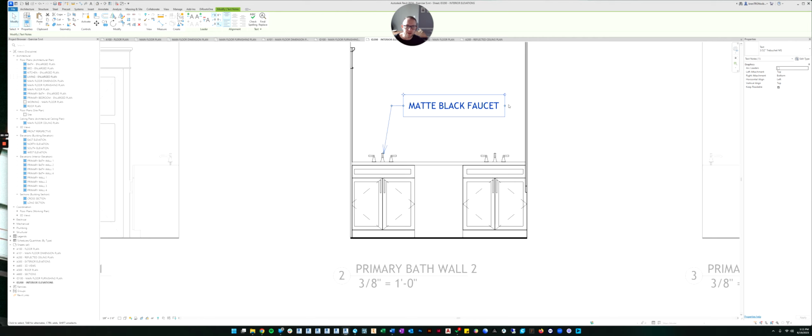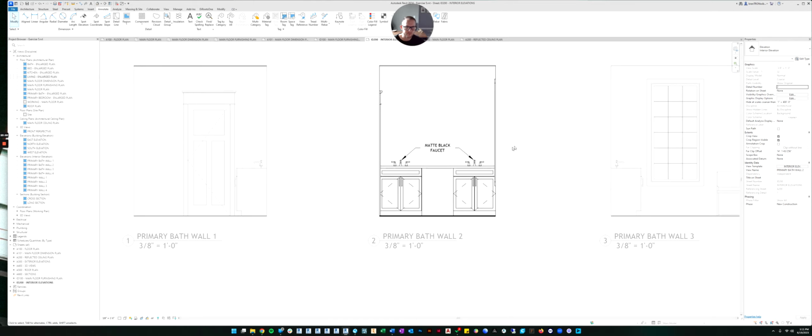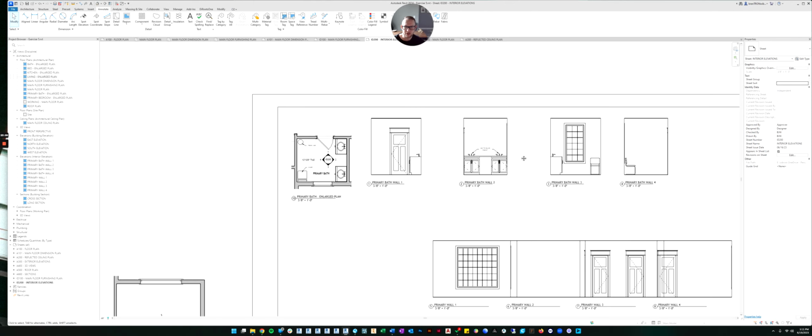And let's make this multi-line. Let's just drag the text box over so it takes up a couple lines. Then over here, we can center justify it if we want. We also want our 1/16 inch, so let's change it to 1/16. Let's put this down here and let's go up here. I don't like how the leader comes out the top line. If you come over here, you can change it so it goes to the center. And we can also add another leader line. And then we can pick both faucets. And there you go.